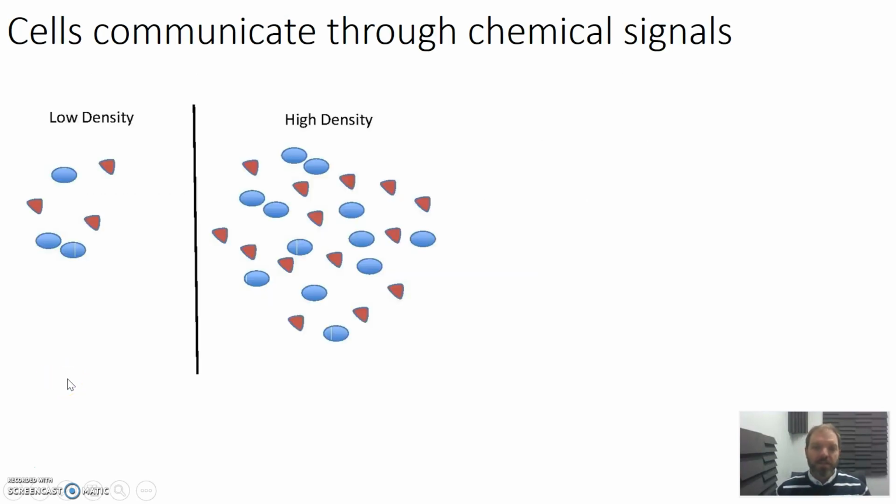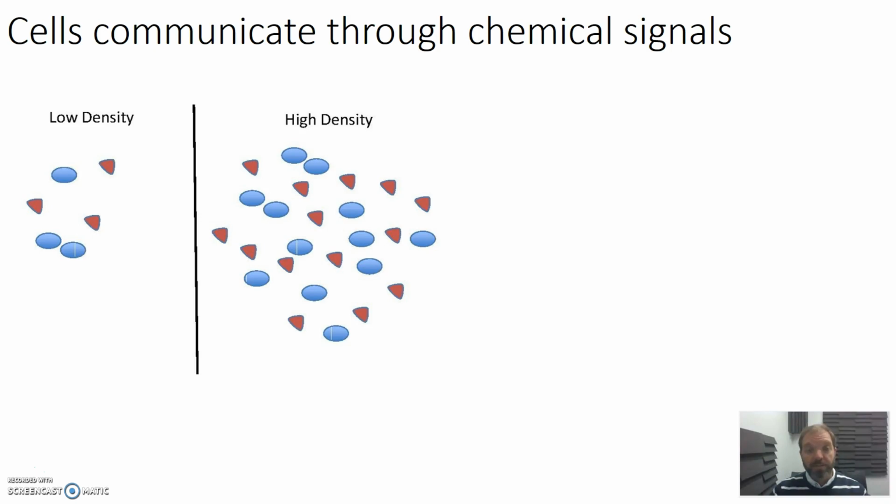So cell communication really begins with the concept that all cells secrete molecules, usually just for their regular function. And early on in evolution, cells detecting the products of other cells were able to use this as information to understand what sort of density those cells are in. So bacteria these days,